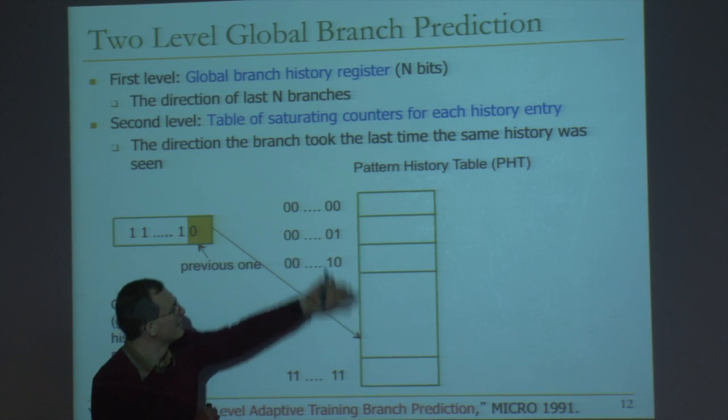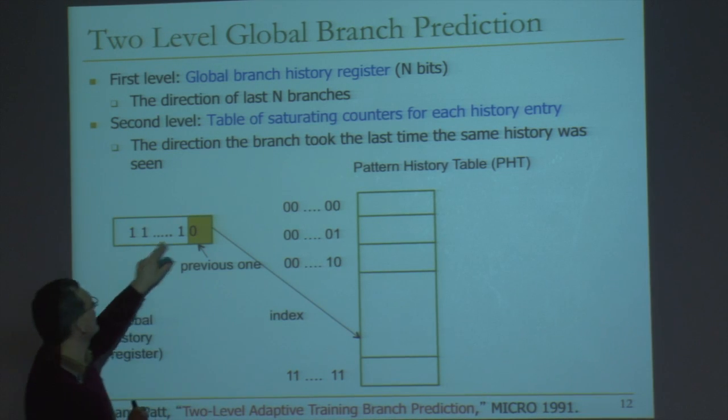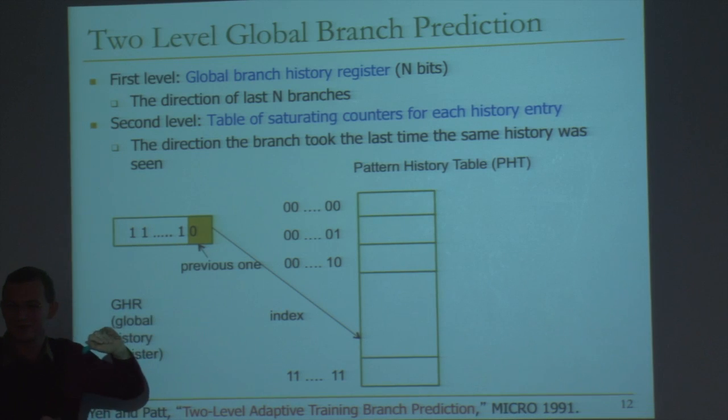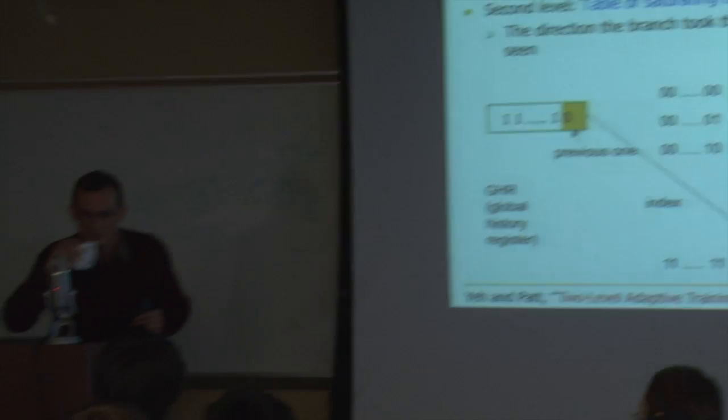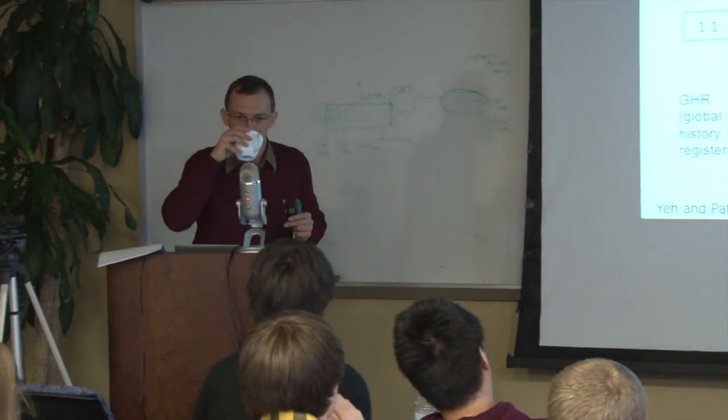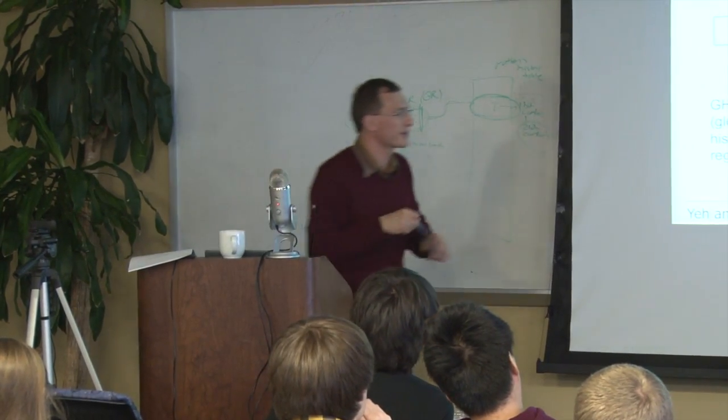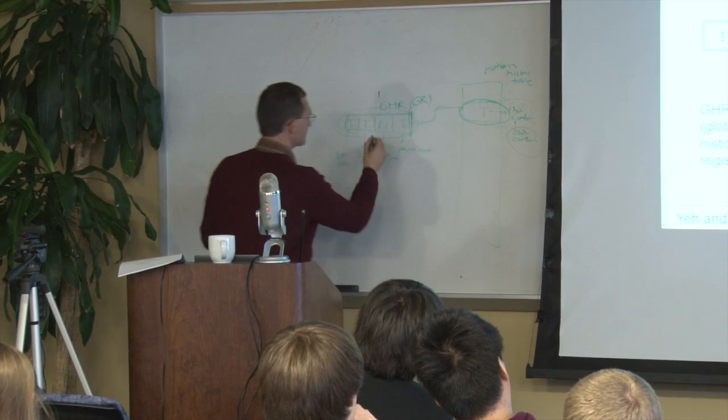Because for this table to be trained, you need to see different histories, right? Yes? I guess when you said multiple program counters, you meant for multiple hardware threads? No, for the same hardware thread. Basically,